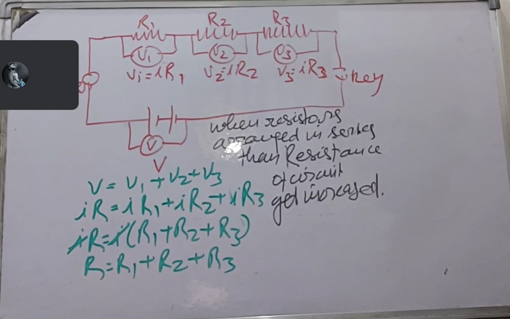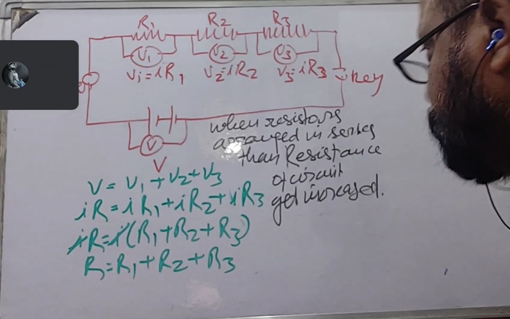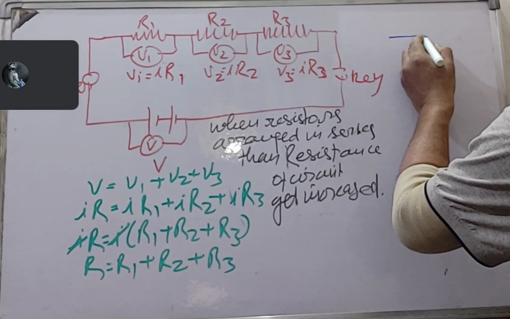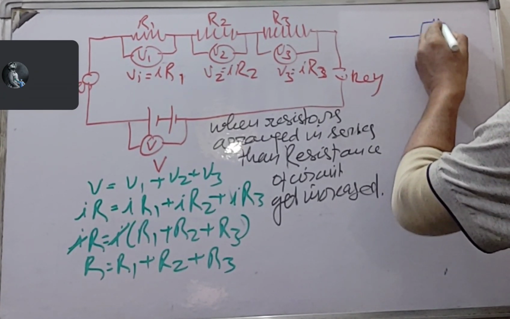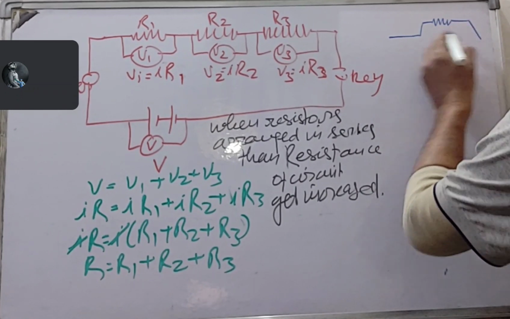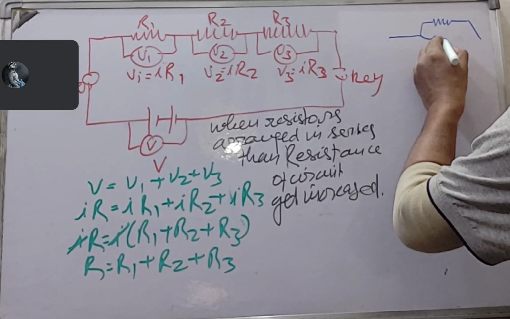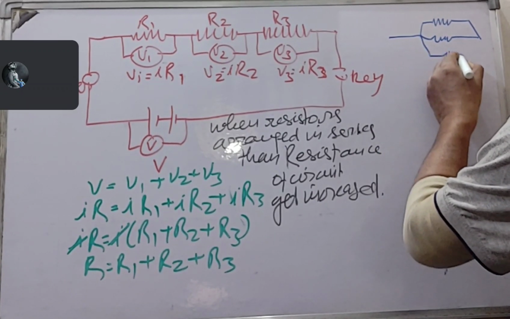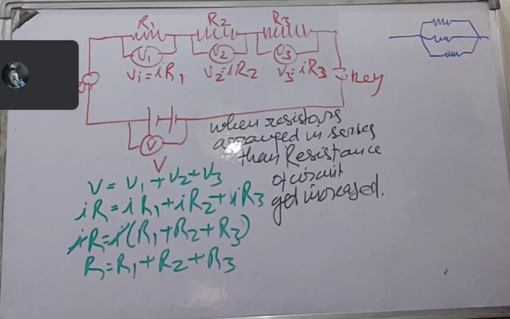So the total resistance of the circuit gets increased. And in the second case, if we are arranging these resistors in parallel,